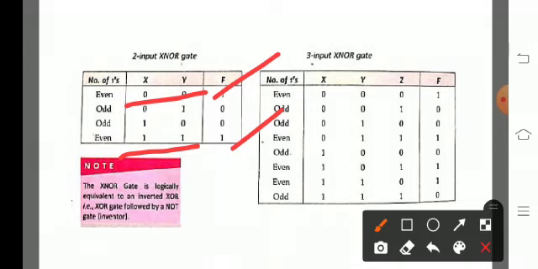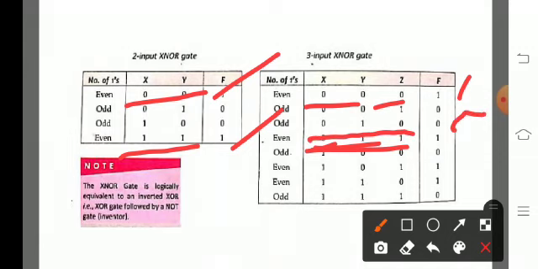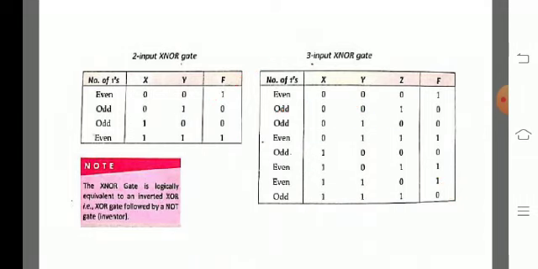So here 0 0 1. Then here even combination, two ones are there, so even. So here only one 1, where is it? 0 1 0, only one 1, it is odd, so it is 0. The last is an even combination, so it is 1. Here 1 1 1, 3 ones are there, it is an odd combination, so it is 0. So this is the truth table.